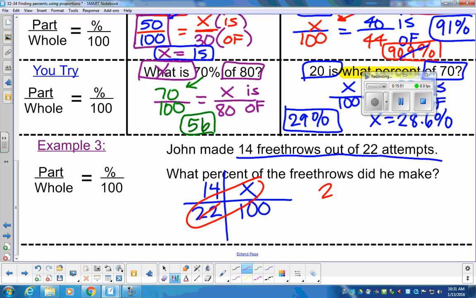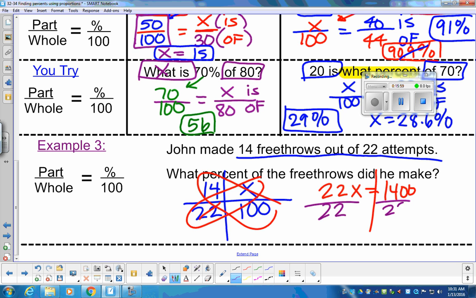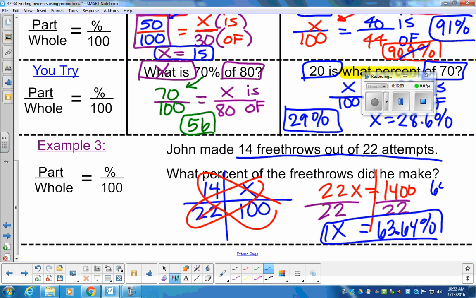I'll show my work on this step, 22 times x. You get a free pass on showing all these steps today. Okay, and method kicks in. We divide by 22, copy paste. You should have a value of 1. x equals 63.64%. If you were to round that to the nearest whole percent, that means that John is about a 64%